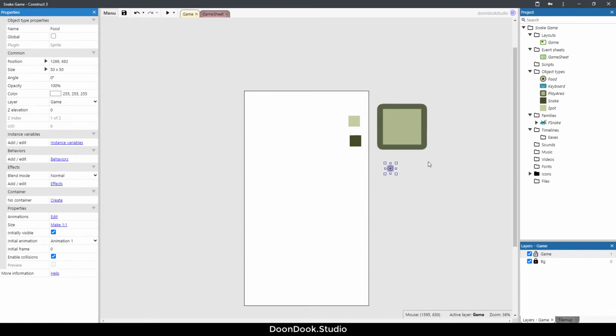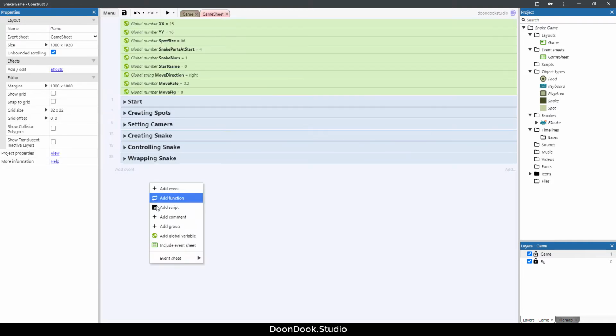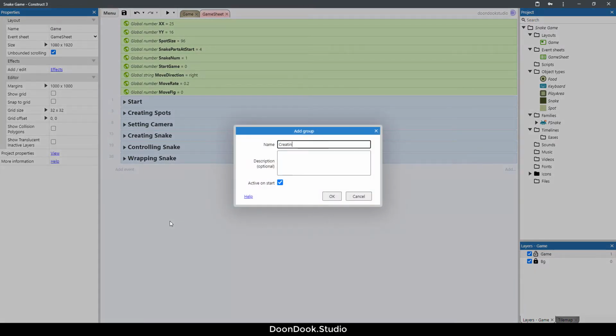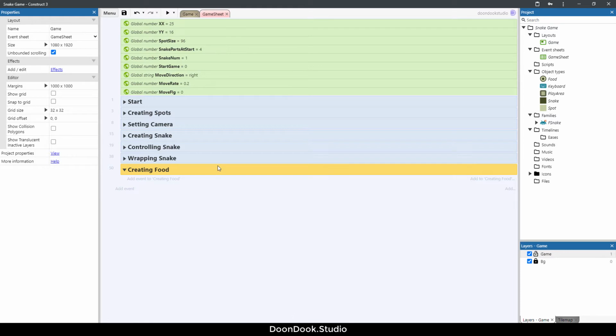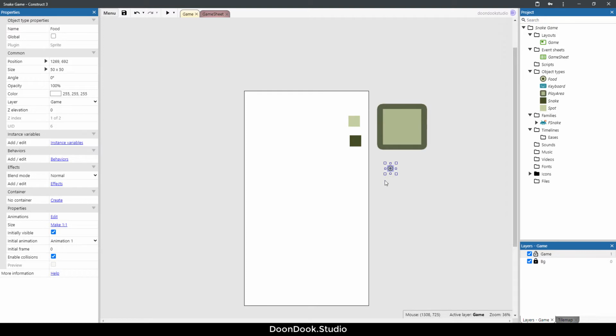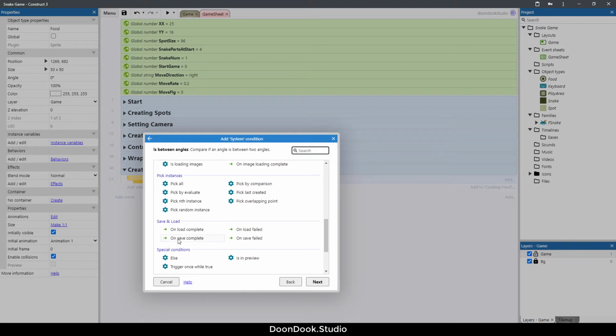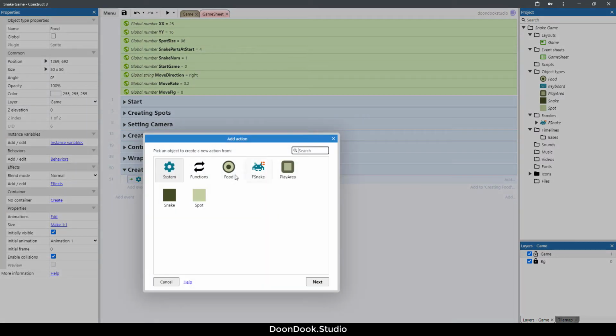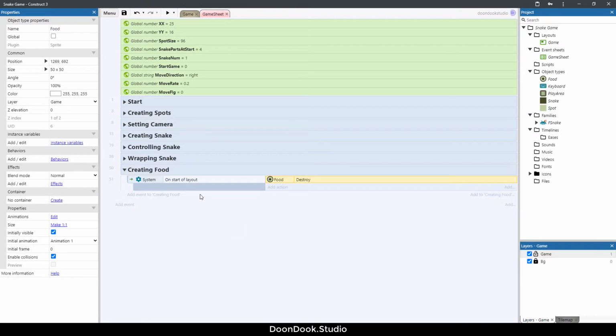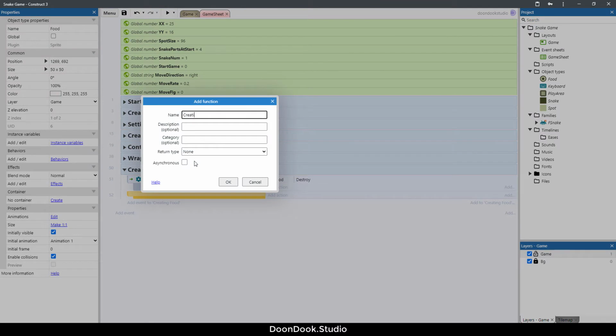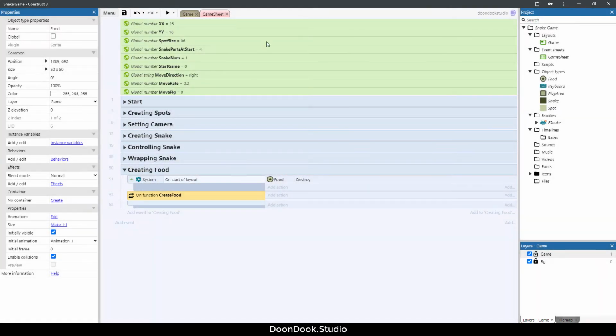Okay, so now let's go in game sheet and create a new group called creating foods, or food, doesn't matter, and hit B button. And I'm gonna, first of all, delete this first object. So let's go in here on start of layout and food destroy. Okay, here hit B button and hit F for creating food, create food function, and